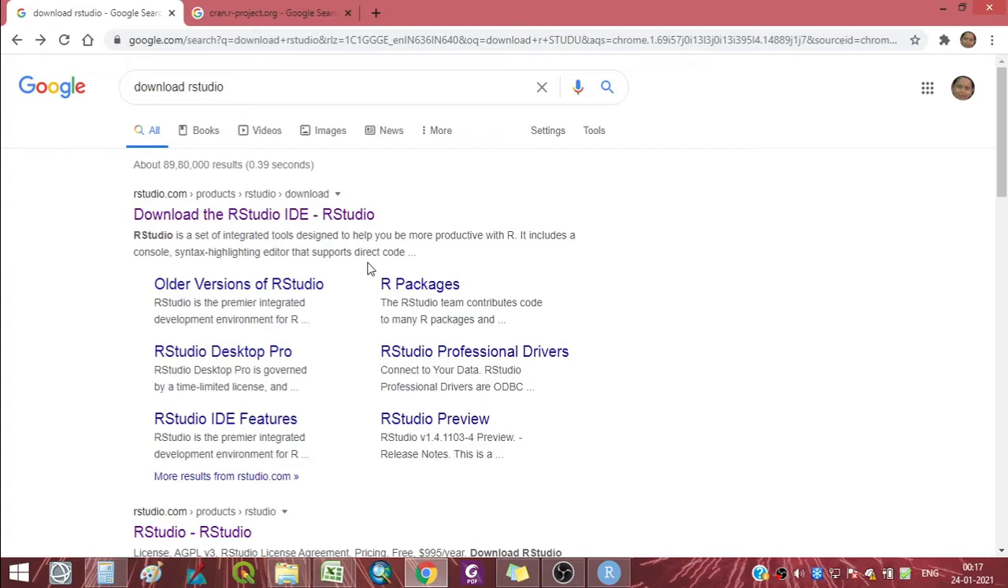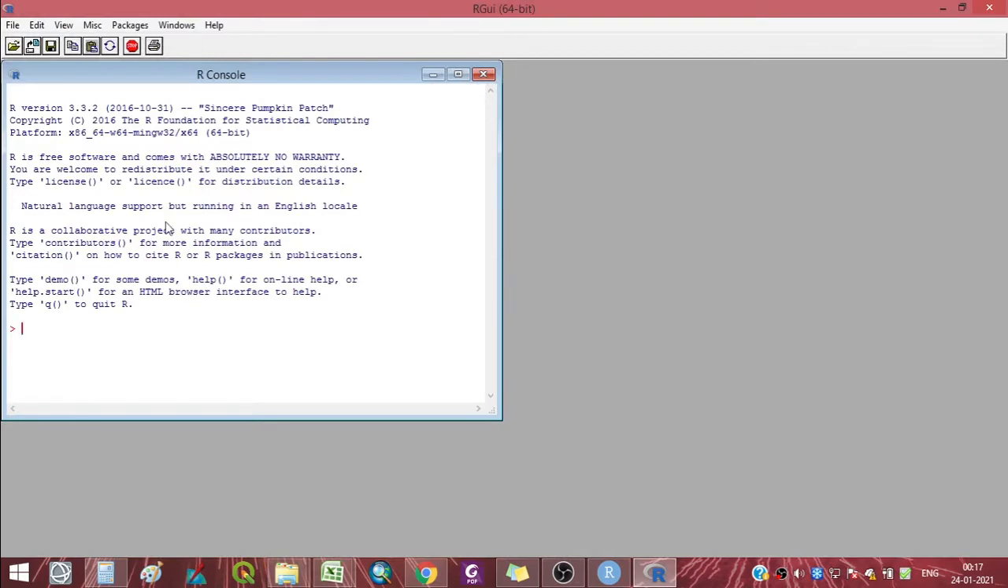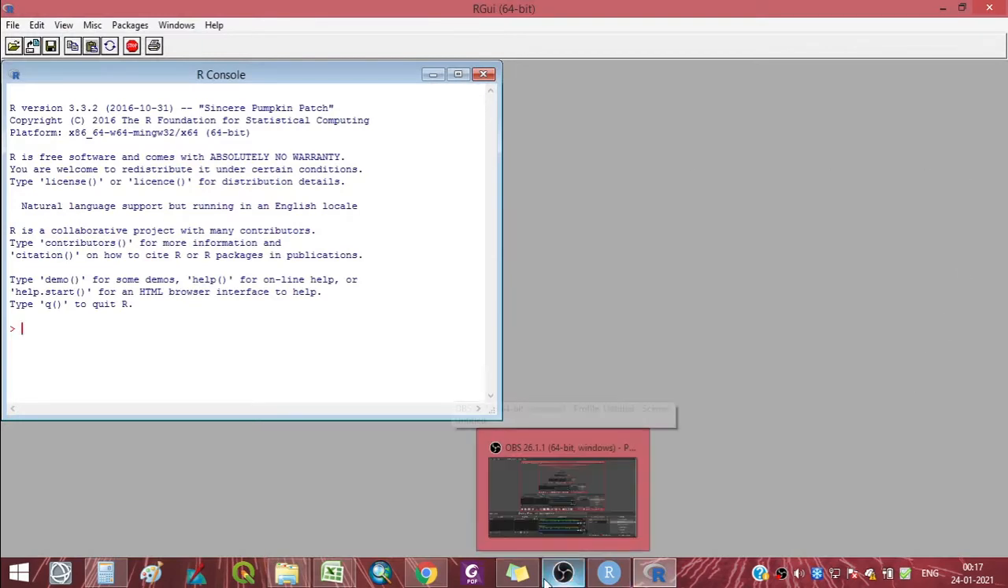Now, R has two variations. One is the simple and the basic R, and the other is R Studio. So this is somewhat the layout of simple R. GUI looks like, and